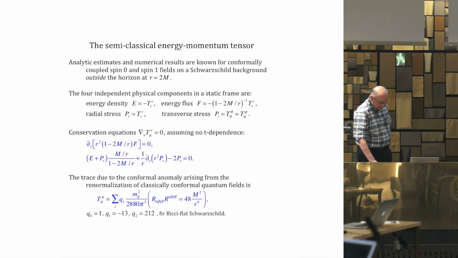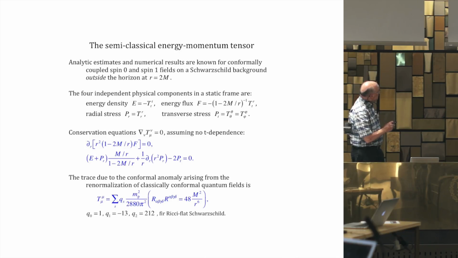For instance, the normal modes of the black hole decay exponentially with time scales of the order of m, and therefore we can assume that the quantum stress-energy tensor is time independent. That reduces energy conservation to just the divergence of an energy flux, and momentum conservation